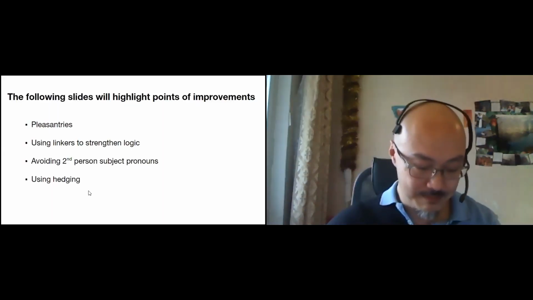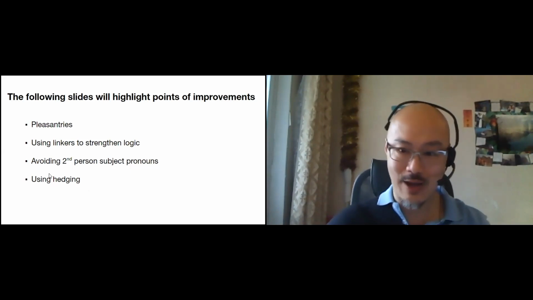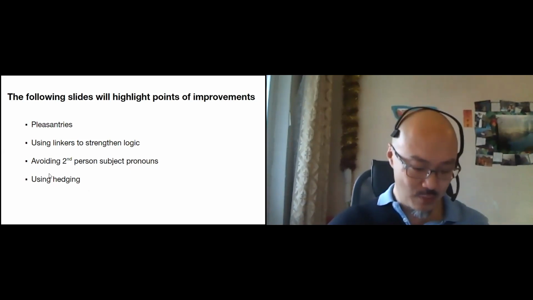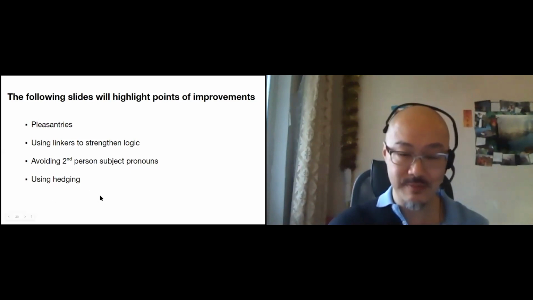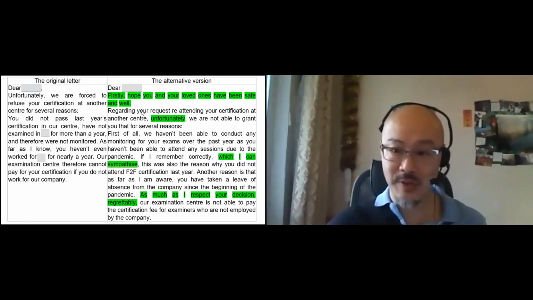Now, I'm going to show you what I've highlighted, okay? And maybe you can see whether you have matched them yourself, okay? So for pleasantries, as you can see on here,